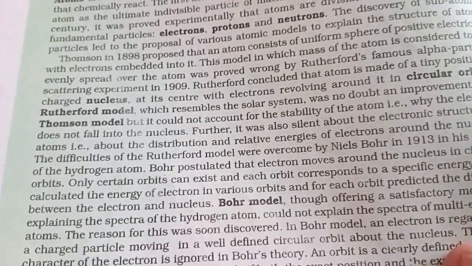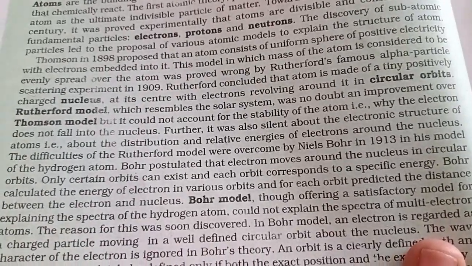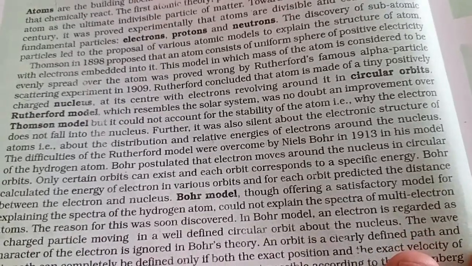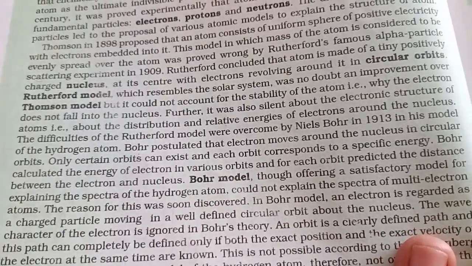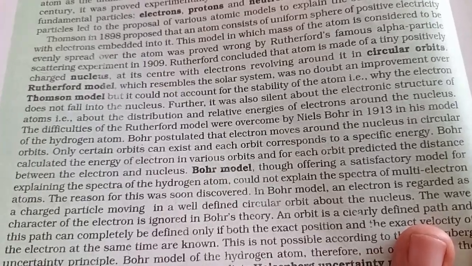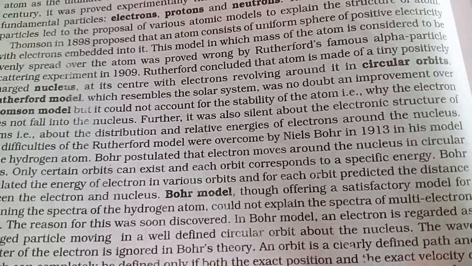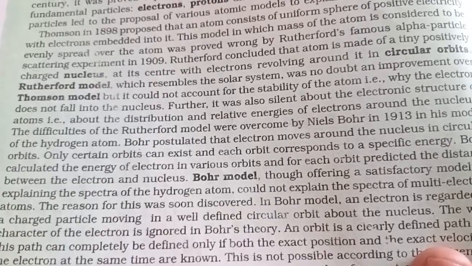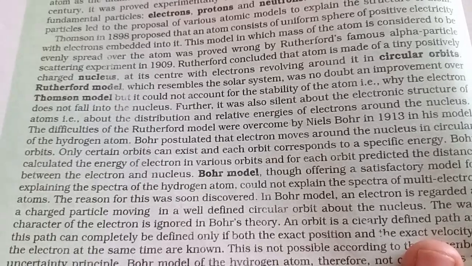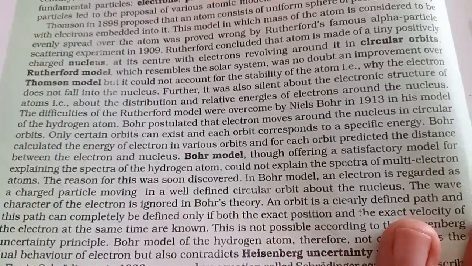Thomson in 1898 proposed that an atom consists of a uniform sphere of positive electricity with electrons embedded into it. This model, in which mass of the atom is considered to be evenly spread over the atom, was proved wrong by Rutherford's famous alpha particle scattering experiment in 1909. Rutherford concluded that atom is made up of a tiny positively charged nucleus at its center and electrons revolving around in circular orbits. Rutherford model, which resembles a solar system, was no doubt an improvement over Thomson model, but